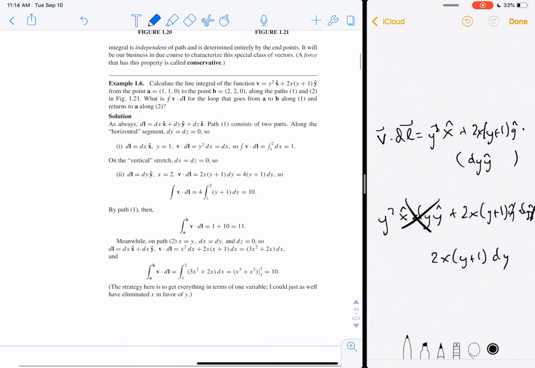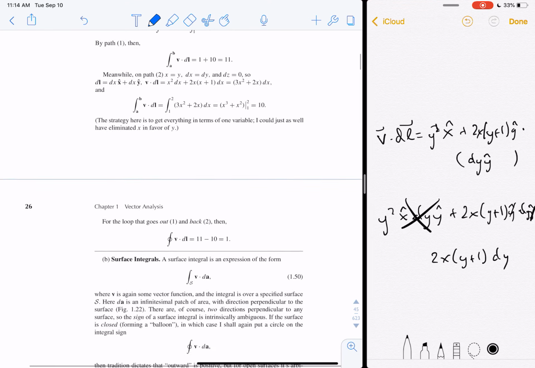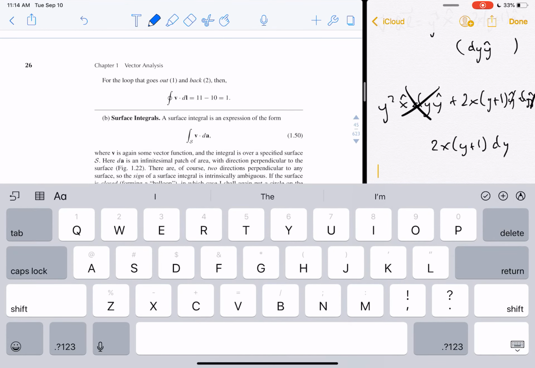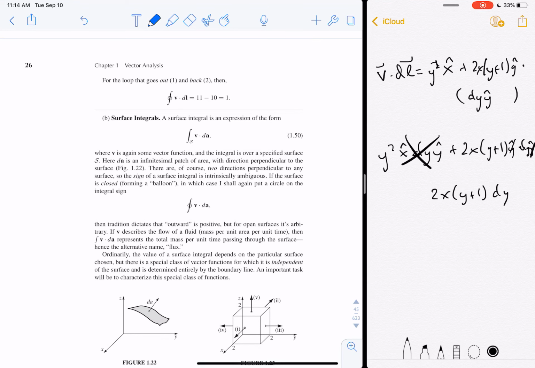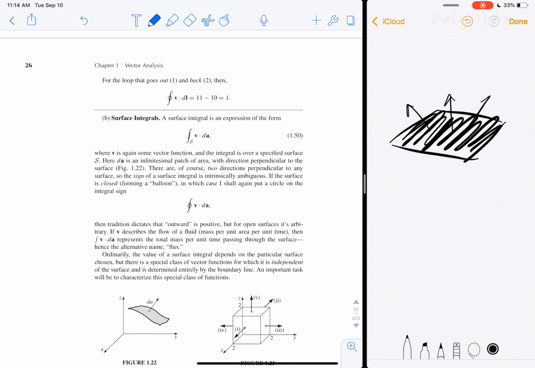Okay, so those are line integrals, where you're integrating over a line. And now for surface integrals, we have the integral of v dot dA. Now we're integrating over a surface, and what you care about is you're literally adding up this area, and then you're dotting it into the vectors that are coming through the surface. Instead of taking a path with the vector field and wanting your little line segment dotted into it at every point,